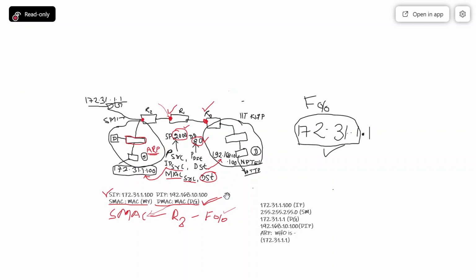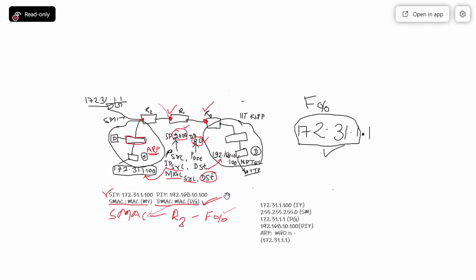Okay, now once it reaches the destination network, it will run the ARP protocol. Here, once it reaches IIT KGP, again this is going to be broadcast. Now this router 0 will broadcast, and this is going to be received by every computer. And the one here, 192.168.10.0, is going to reply back, and then this router interface will get the MAC address of this and put it as the destination MAC here. So the ARP protocol will run again and again.